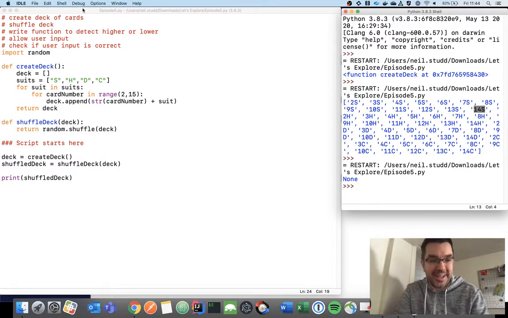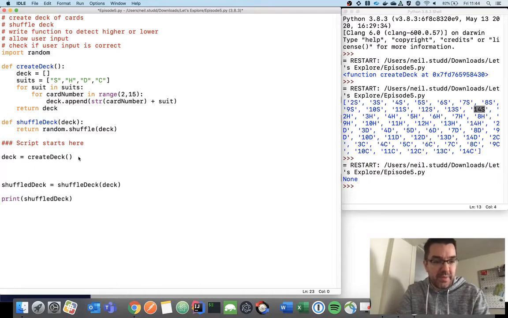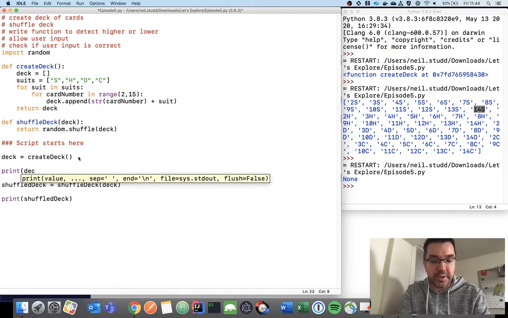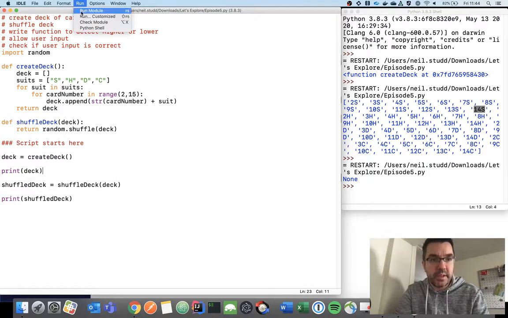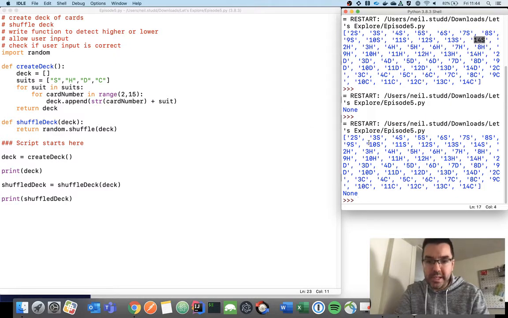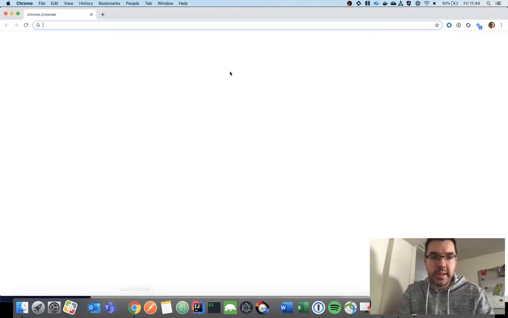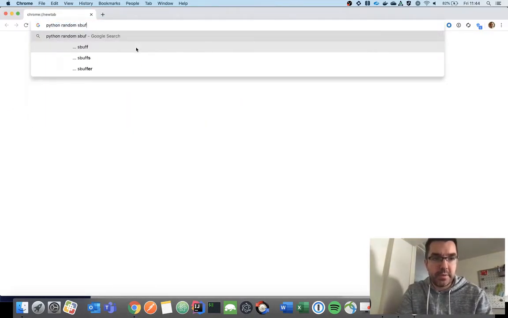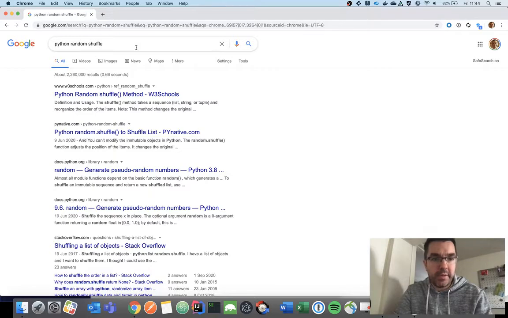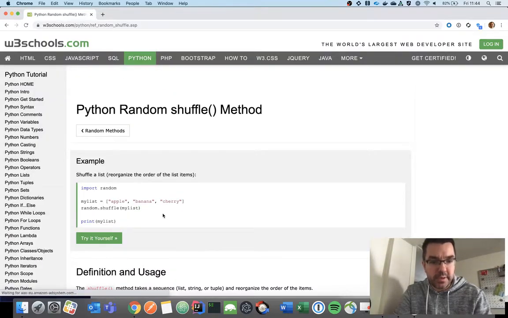Nope, we get none. What did I get wrong there? Let's put some debugging in. Let's print deck first of all, make sure we stored the deck correctly in the first place. We did. There is an unshuffled deck. Shuffled deck equals shuffle a deck. I'm going to search for what the Python random shuffle does. Probably made a really glaring error. Rendering from W3 schools, but